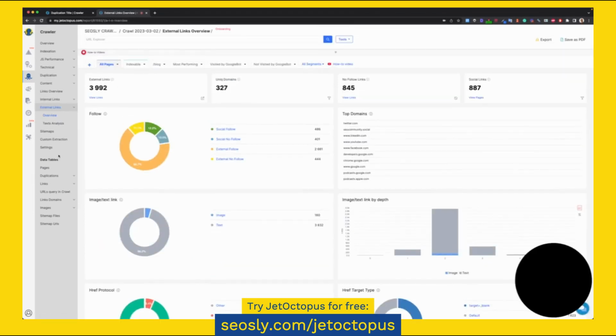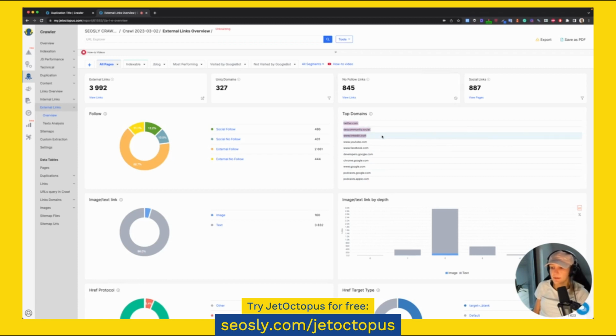External links. Usually a healthy website should have some external links because you are not the end of the internet. So this is how you can easily view what are the top domains you are linking to. Are these like Amazon, Walmart, and other stuff, or are there actually other high quality relevant pages? So, for example, I link a lot to Google Search Central Documentation, to podcasts, and of course, I'm seeing Twitter,